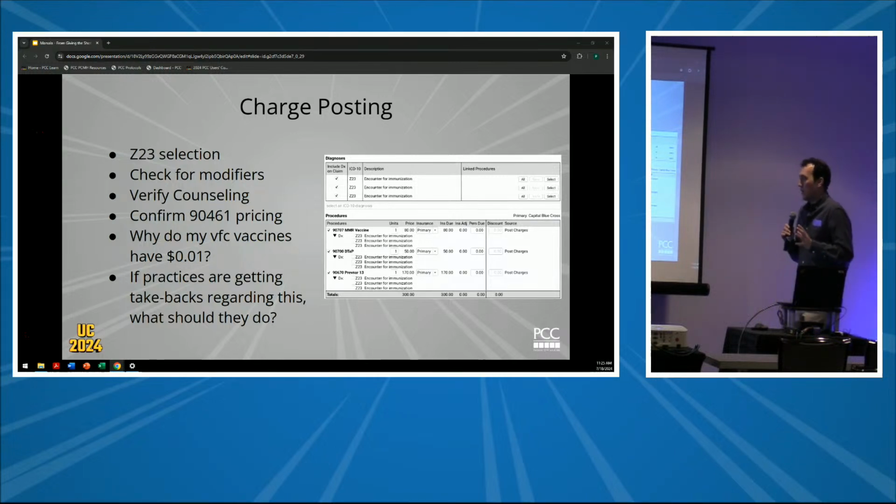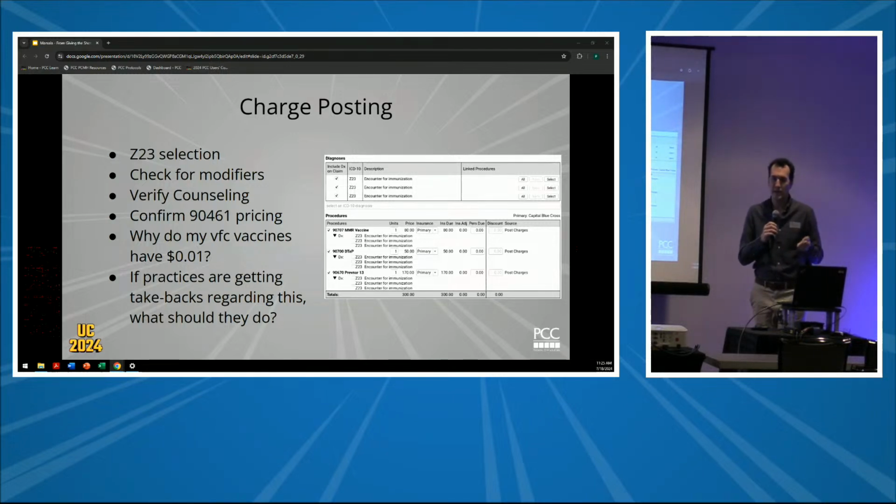Another question that we get asked a lot is, why do my VFC vaccines have a penny charge? That is from some limitations that we had with some payers in the past, and some may still have that. Why we have that on there is, some payers would not allow any claims or charges that came in if they didn't have an actual charge. So like, well, we're not asking for any money for this, so they wouldn't even accept that portion into their